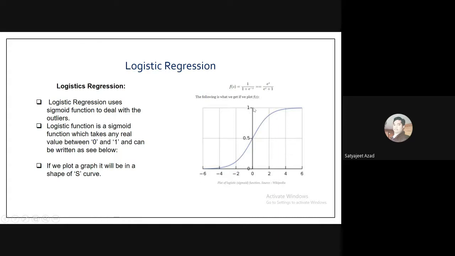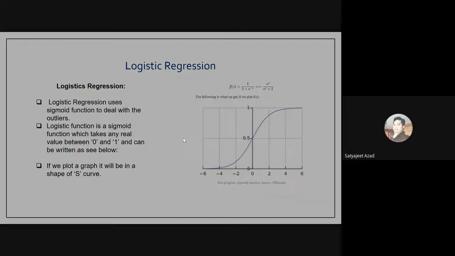Logistic regression uses the sigmoid function to classify the data sets based on the historical data, whether you want to give XYZ person a loan or not. If you want to give the loan, that is classified into 1, and if you don't want to give the loan, that is classified into 0. So the sigmoid function works well in logistic regression to come up with the class label. Predictions use the sigmoid function to come up with this class label. And the sigmoid function is typically an S curve. If you see this, this is a typical S curve basically.